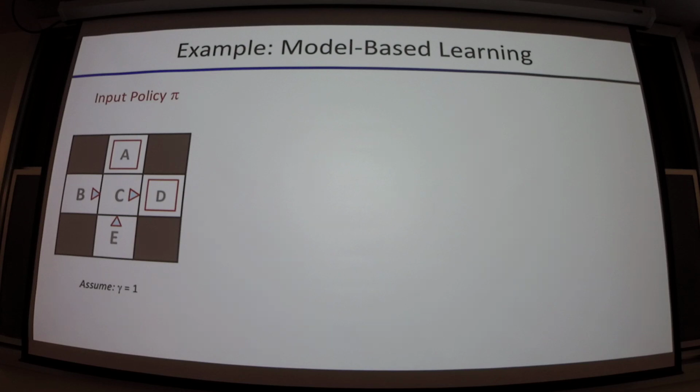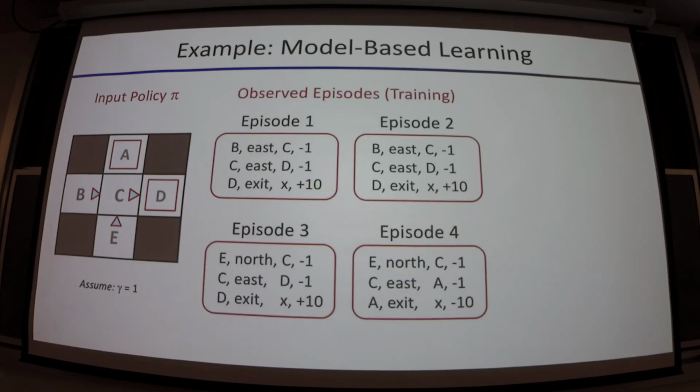Okay, so let's say we've observed some set of runs. We have watched an agent move through the space, and we got to observe what happened, right? So we see a state, we see an action chosen, we see the resulting outcome, and we see the reward that was associated with that outcome. And we see a set of those runs, right? Then we can start to build up this model that we're learning, right?